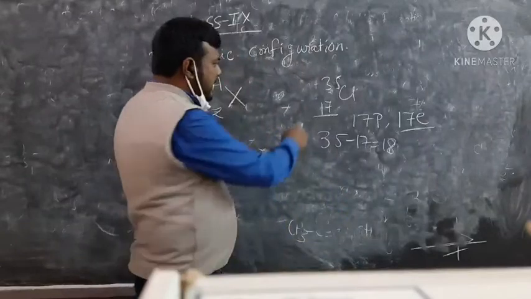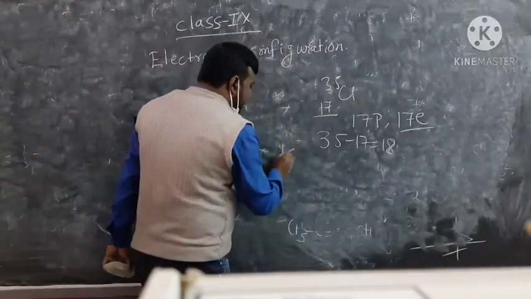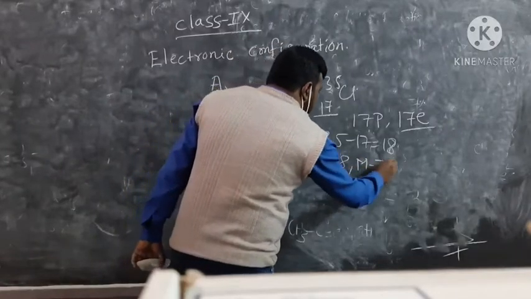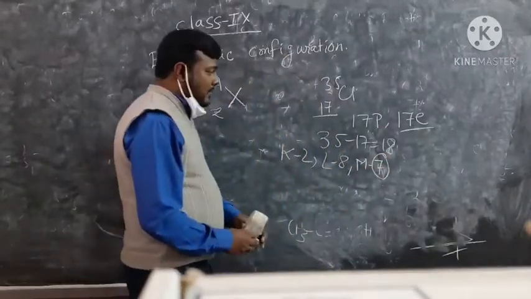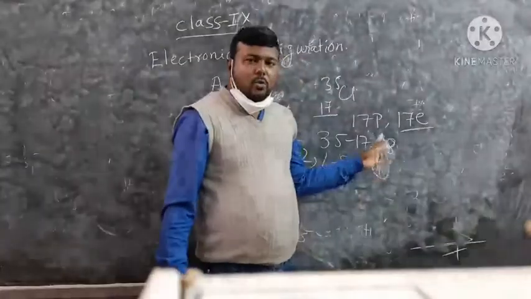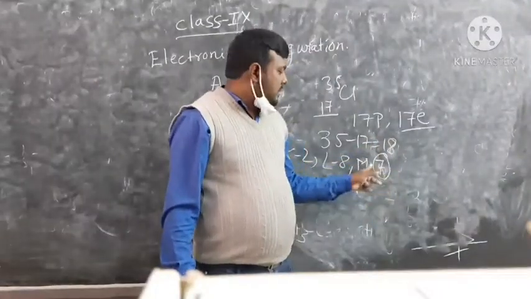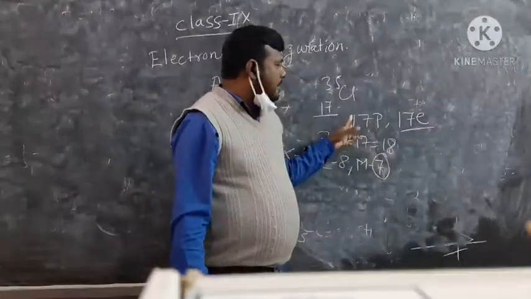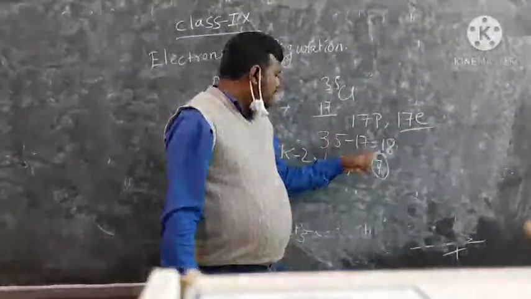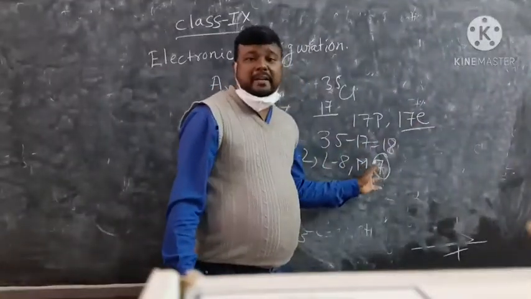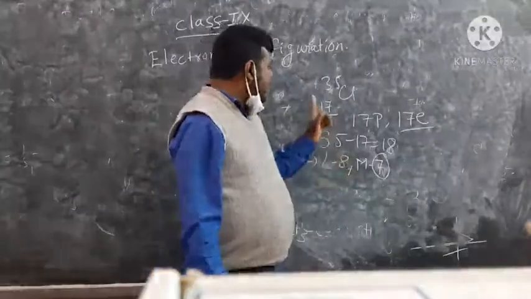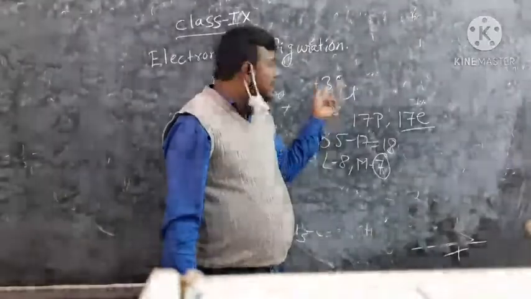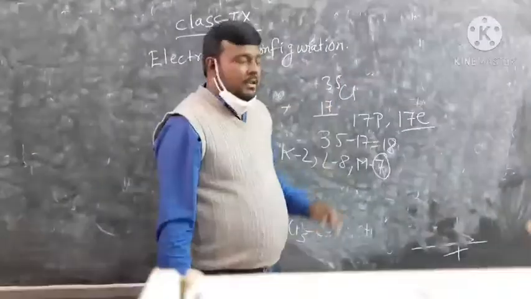Okay. So from here we can also find out the valency of the element. What will it be? K2, L8, M7. Now look at the outermost shell. Having 7 electrons, it needs one more electron to get stability. So its valency will be 8 minus 7, which is 1. So from this representation we can calculate the number of protons, electrons and neutrons, as well as write the electronic configuration and valency. So remember it. This is the representation of an element, and this represents the atomic number, this represents the mass number of an element.